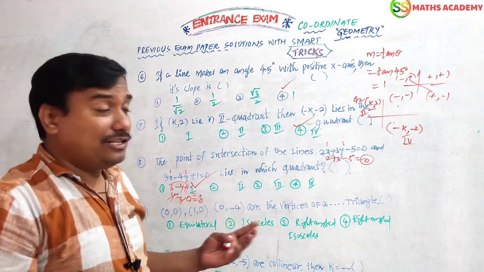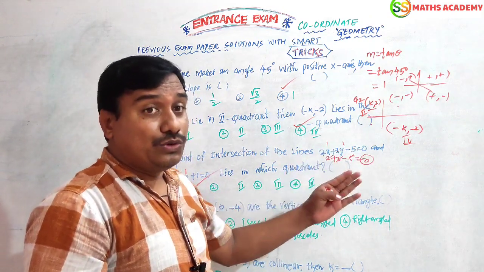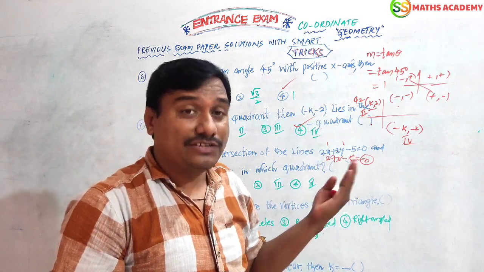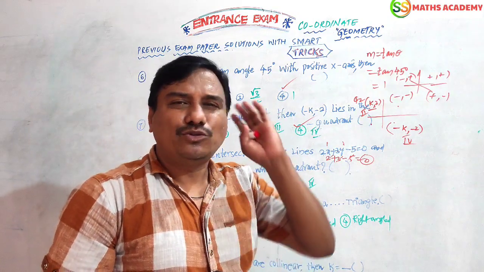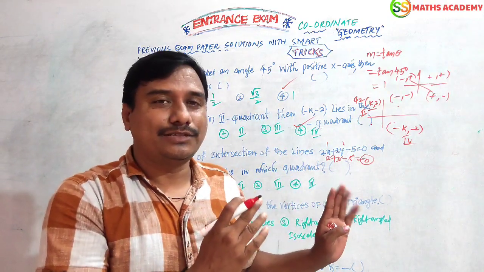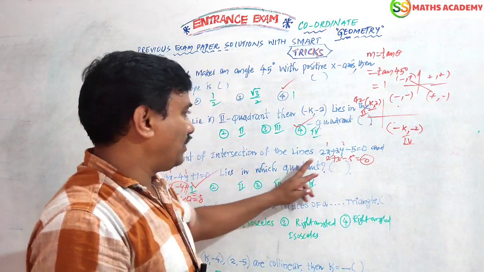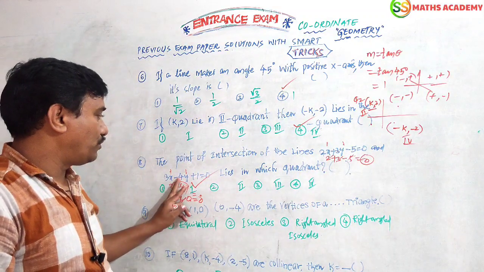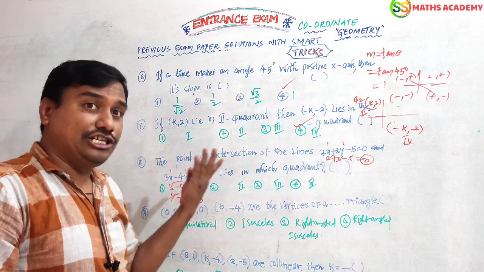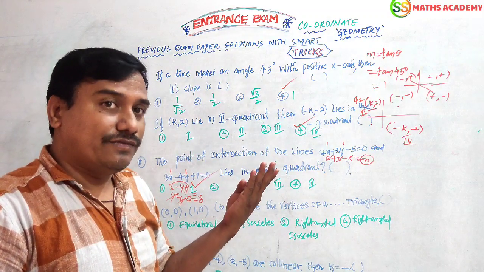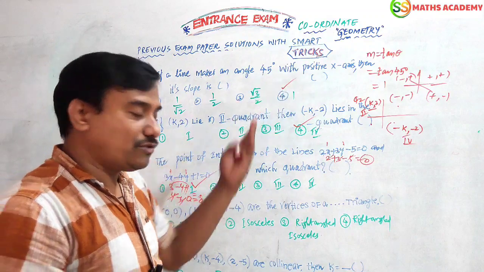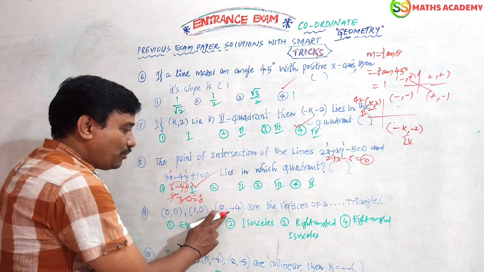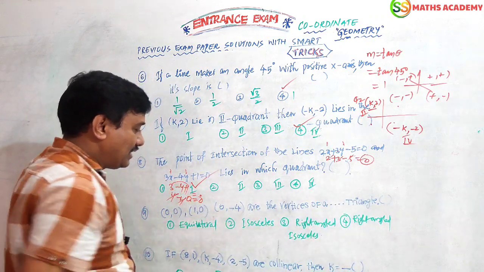Otherwise, you can do it from equation 1 and equation 2: equalize the x coefficients, cancel the x values, get the y value, substitute in the first equation, and you will get the x value. It will take a minimum of 2 minutes, but this trial and error method gives the answer in 5 seconds. You see, 1, 1: 2 plus 1 is 3, 5 minus 5 is 0; 3 plus 1 is 4, 4 minus 4 is 0. LHS equals RHS. This is possible when x equals 1 and y equals 1. Plus 1, plus 1. Which quadrant? First quadrant. Okay?